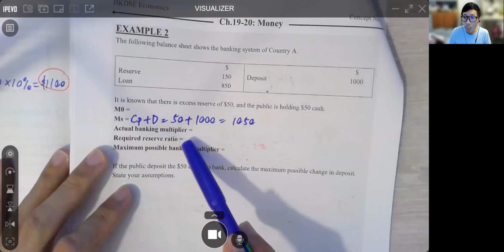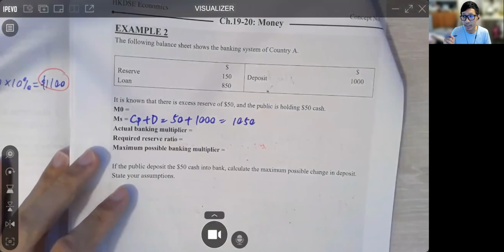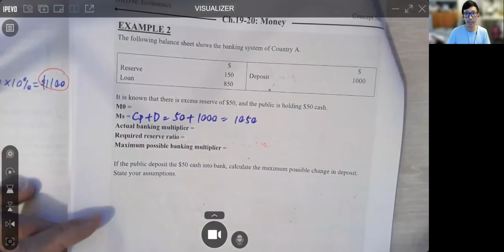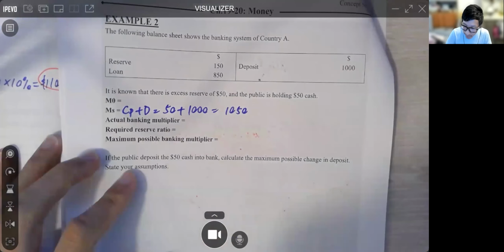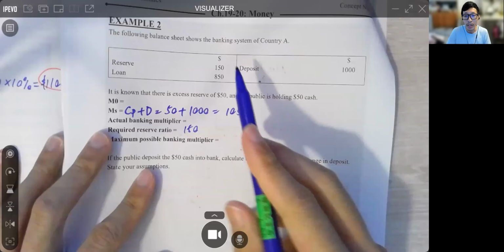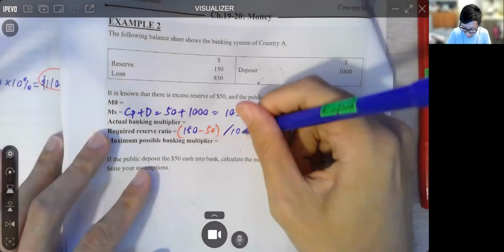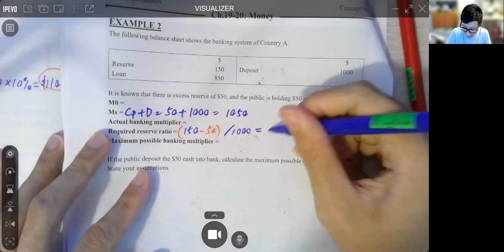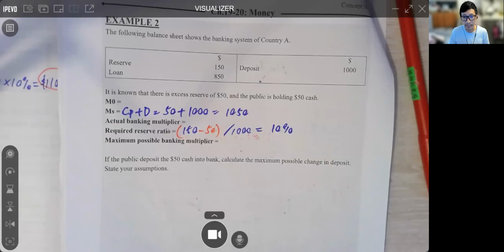What about the required reserve ratio? 記住啊 required reserve ratio is the minimum reserve divided by deposit. 好啦，今次個 minimum reserve 係幾多啊？150, is it? No, there is an excess reserve 多咗50，所以係要減翻50。This is the minimum reserve divided by 1,000, which would give us 10%. 10% 啦。